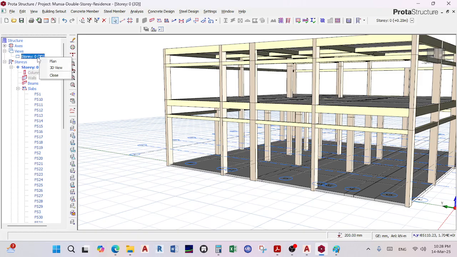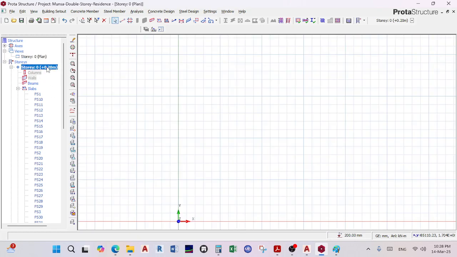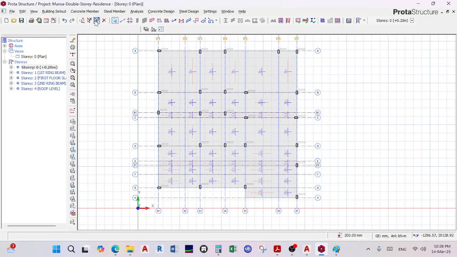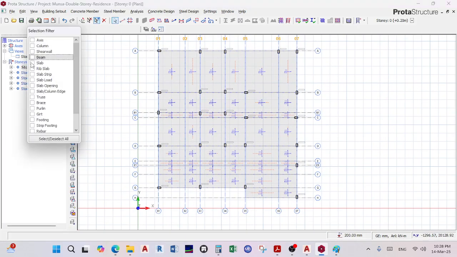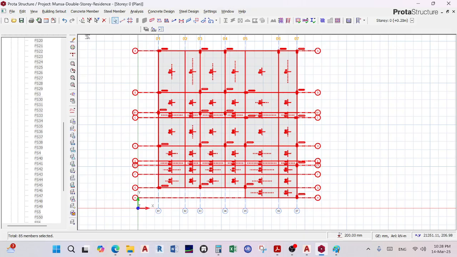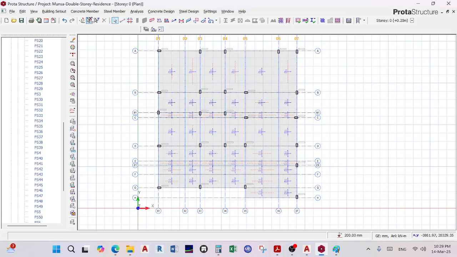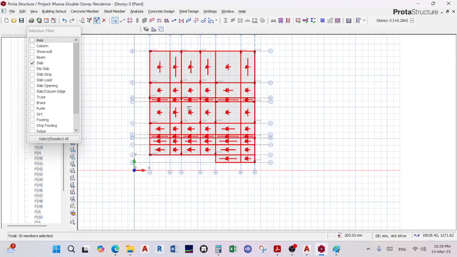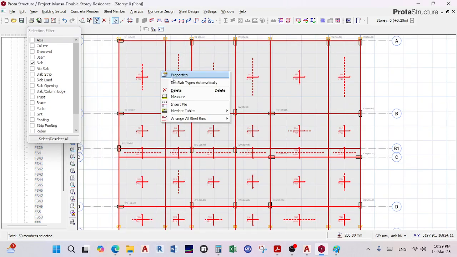Okay, let me go to plan, select, select everything, slabs, select, oh, selected everything, including the axis. Okay, slab, highlight, okay, properties,